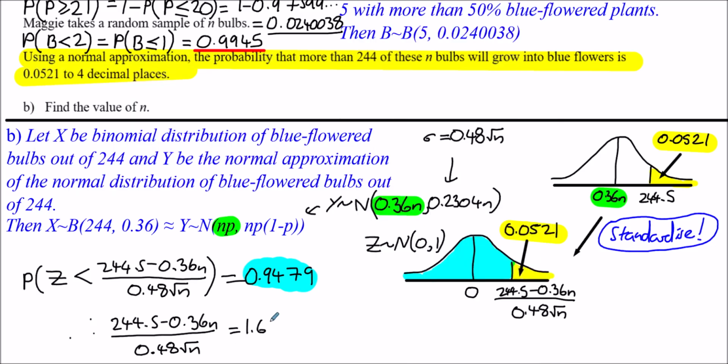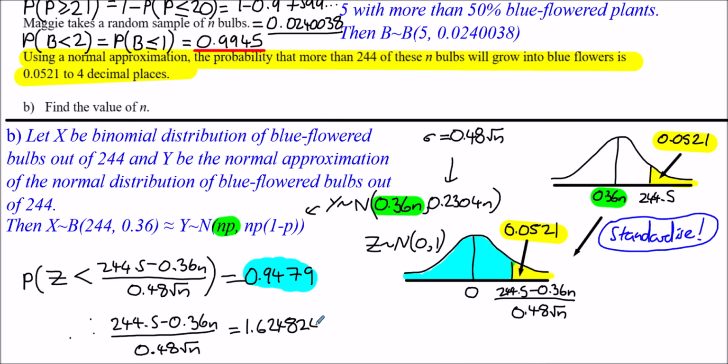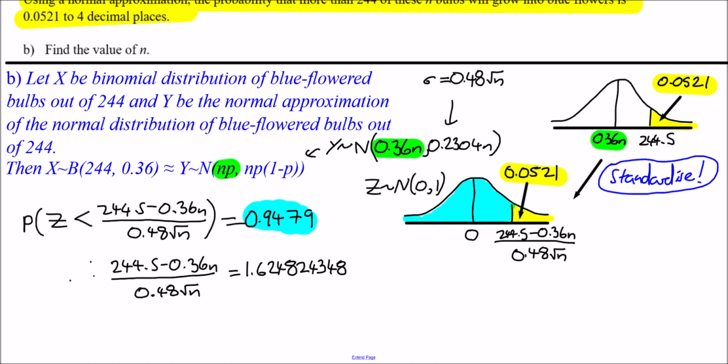So I need that to be 1.62482438. We now can rearrange this and eventually solve it. This looks like something quite horrible to solve, but eventually you will see, hopefully it looks quite familiar once you unravel it. So what we can do here is multiply both sides by 0.48 root n. So if I multiply this by 0.48 root n, and the other side by 0.48 root n,